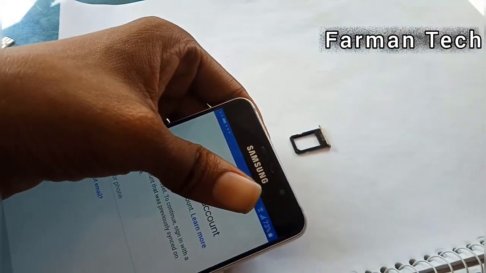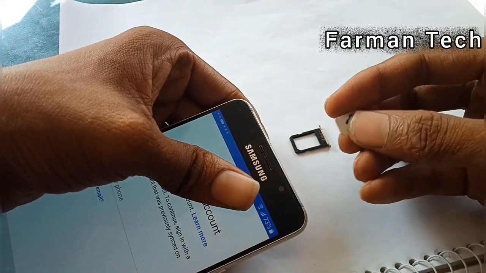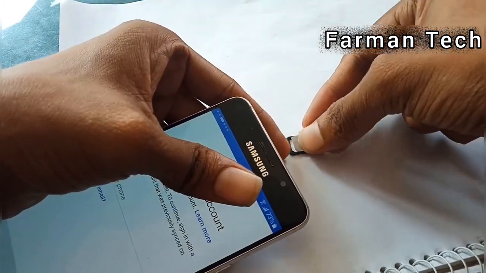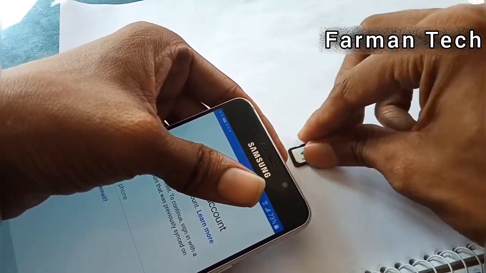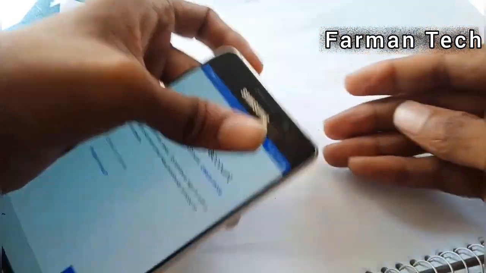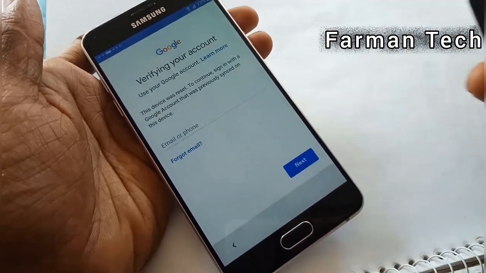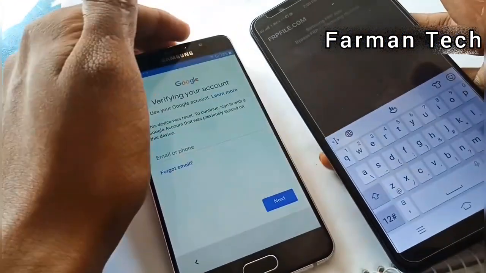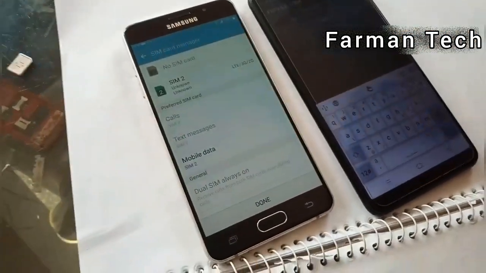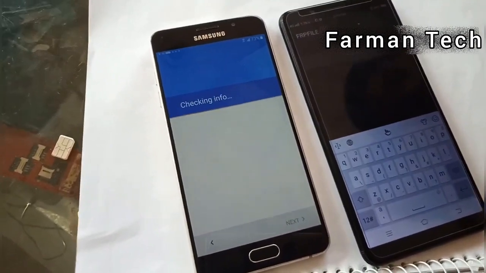So first of all, you have to insert any SIM. You can see here, insert any SIM in this mobile. Guys, next you have to bring another mobile for the SMS alert. After that you have to click done, and then you have to go in application